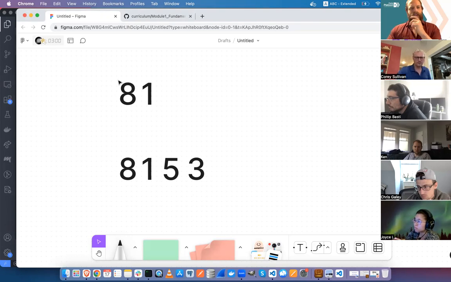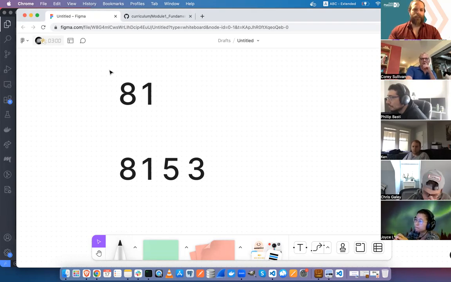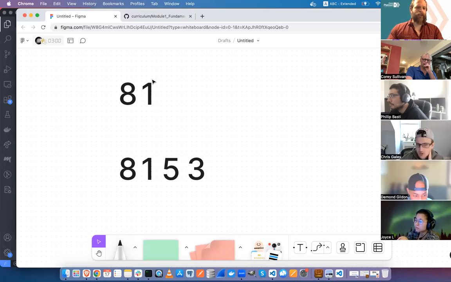Okay, yeah, so I think that's good. That's basically correct, I think. We should flesh that out a little bit though. So if we have an 8 and a 1, again, this is the simplest kind of non-base case example. We want to compare the values, and if element 0 is greater than element 1, then